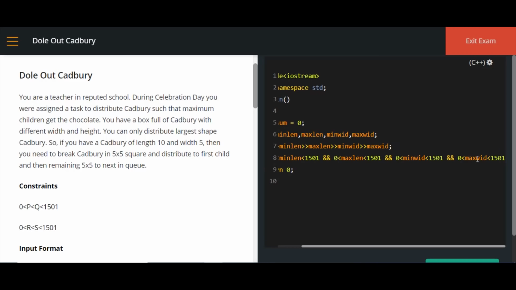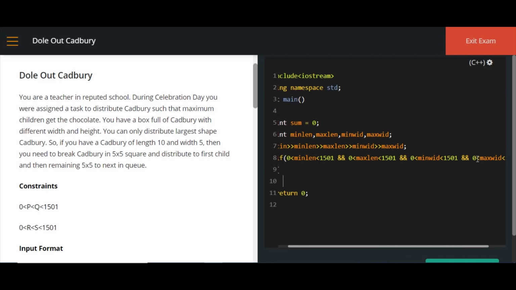Done. So if this is true, then what we'll have to do? We'll have to traverse and make all the possible combinations. So from min length to max length, I'm going to make all the possible combinations with the width, right? So let's do that. For int j equal to min width, j less than or equal to max width, j plus plus.